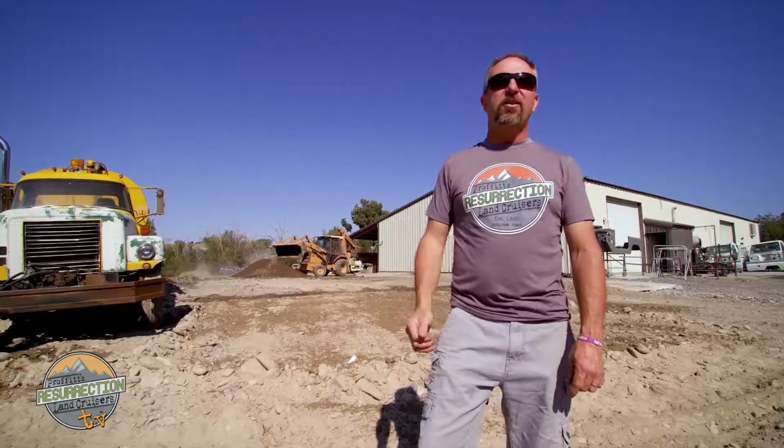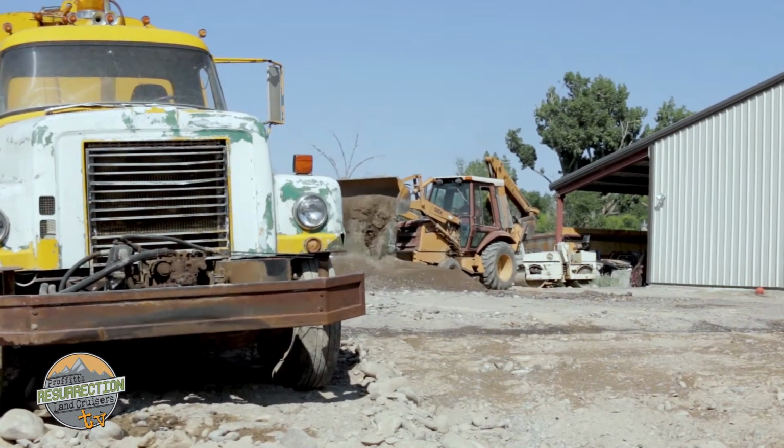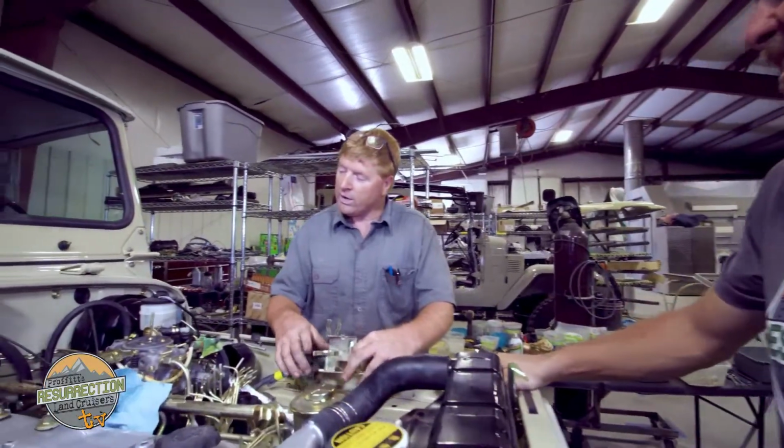I wanted to show you some expansion that we're doing to the shop back here. We're adding on because we have so many projects that we just need a lot more space. We've added new staff members, and with the expansion of the building, we're going to be able to accommodate your needs a lot better. I can tell you that I've never had more fun building Land Cruisers, and I think